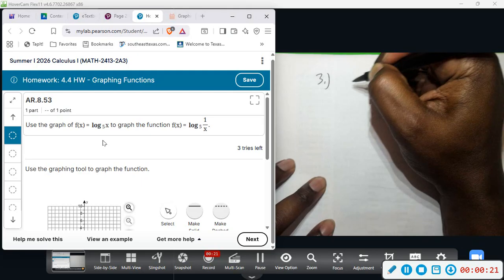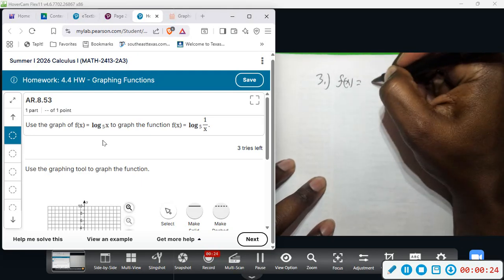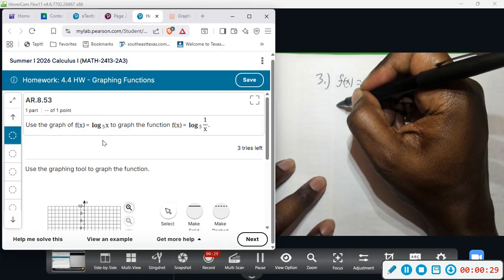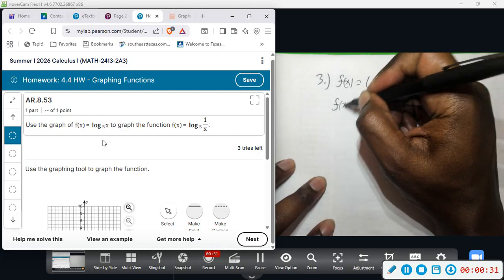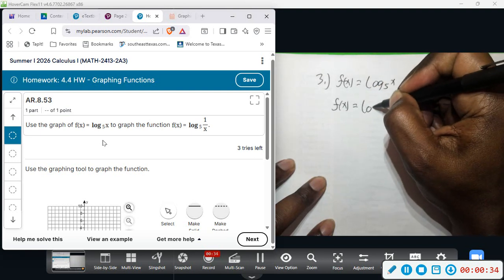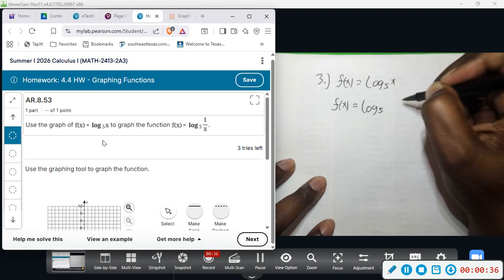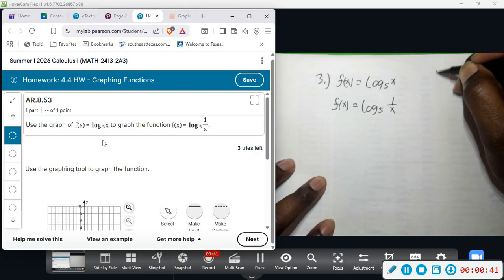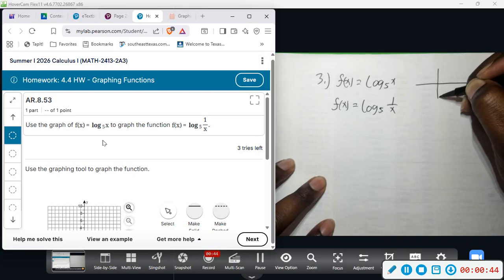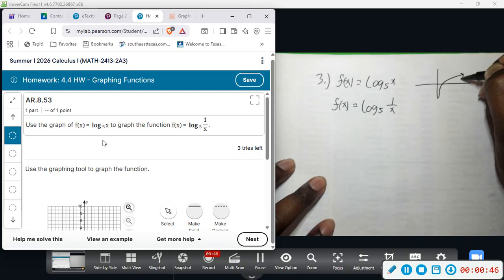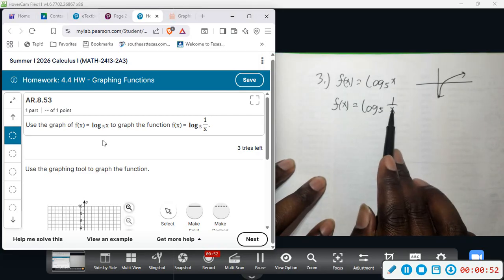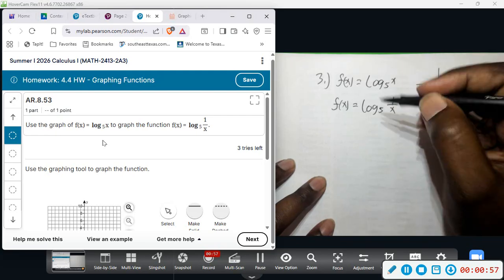All right, so we are going from f of x equals log base 5 of x, and we're trying to graph f of x equals log base 5 of 1 divided by x. All right, so the general log function hugs the y-axis and curves up like so. That's the way log looks. This has a transformation. Using properties of exponents, I can rewrite this